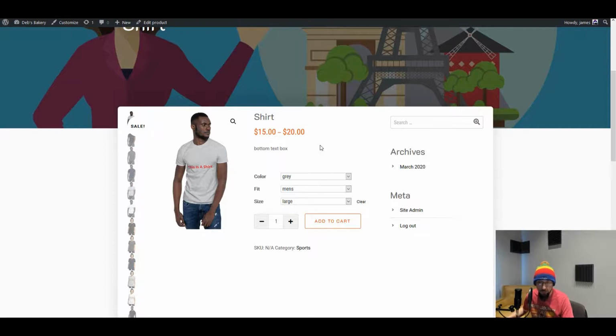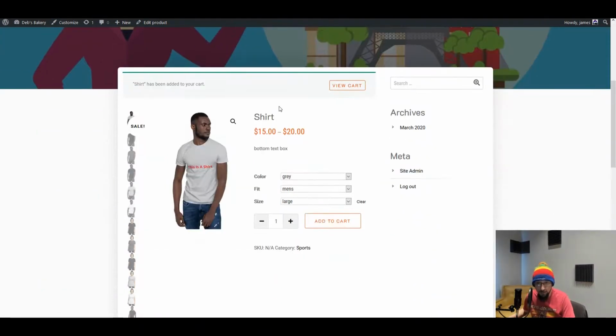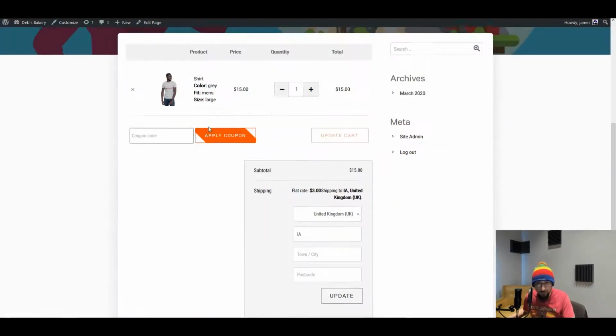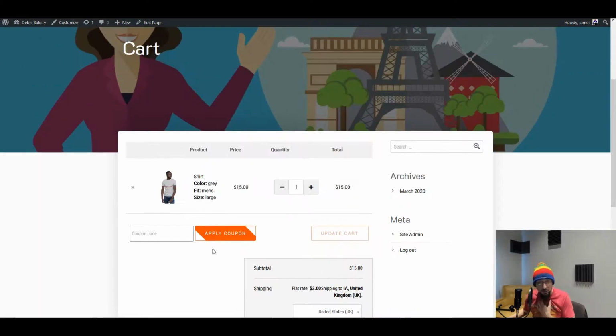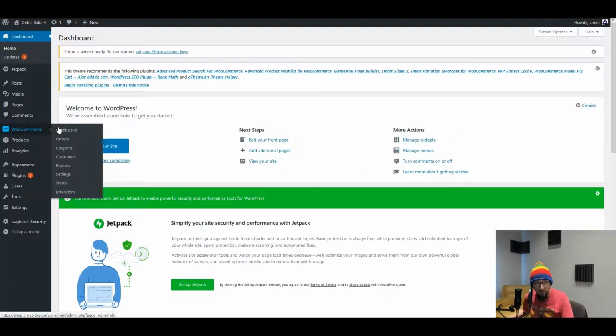But you can see we have a product. Once we connect Stripe to this account, somebody could purchase this product. Right now it wouldn't work because they haven't set up Stripe, so they can add the product to their cart. They can view cart. They won't be able to check out though. So this I need to change in the settings. We'll go do that. Make this default to United States, and I'll show you how to do that. But the next thing we want to do is set up the Stripe so that we could actually collect a payment. So we'll go back to the dashboard, and if we come over here to WooCommerce